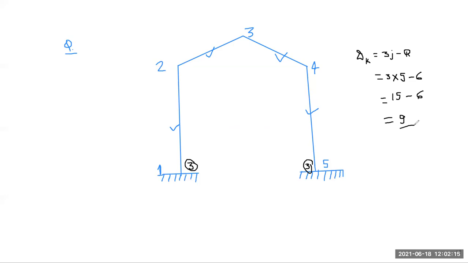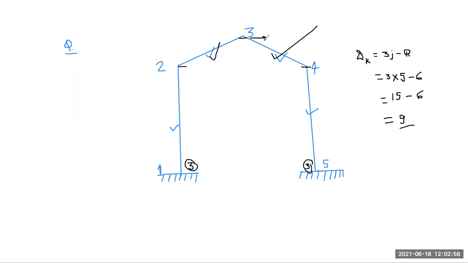Also, if members are inextensible, then here we get delta y2 is equal to 0, delta y4 is equal to 0. So also delta x2, delta x3, delta y3 and delta x4, these are all 0. So we get two conditions for inextensibility of member 2-3, and also for 3-4. So only 2 out of delta x2, delta x3, also delta x4 and delta y3 are independent.